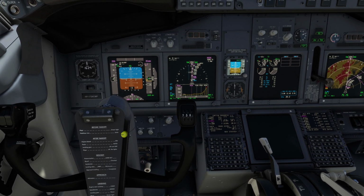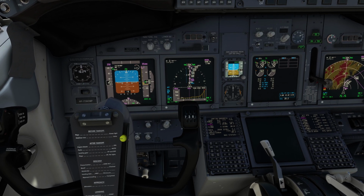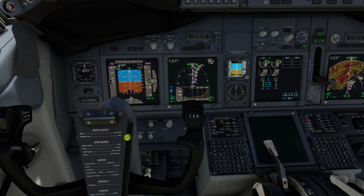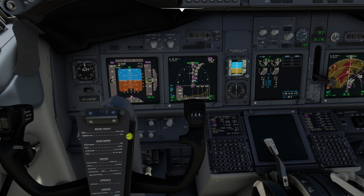Okay, looks like we're going to have 6 hours, 5 minutes of flight time. It's about 16:30 Zulu, almost here in Panama City. Current ETA is 2236 Zulu. We're going to be covering